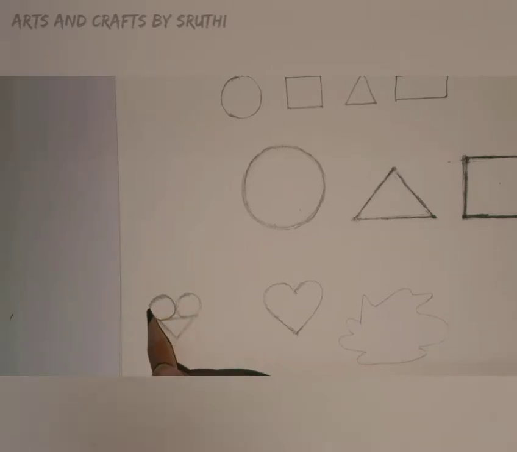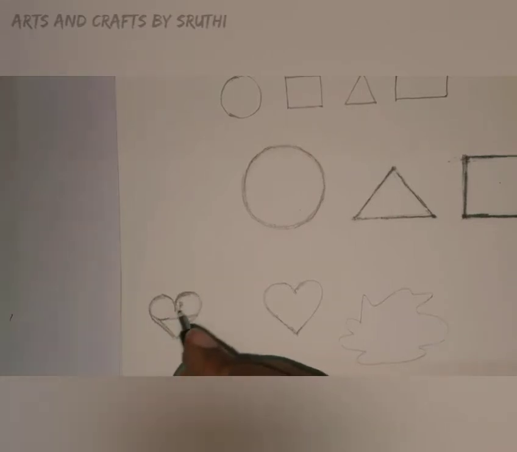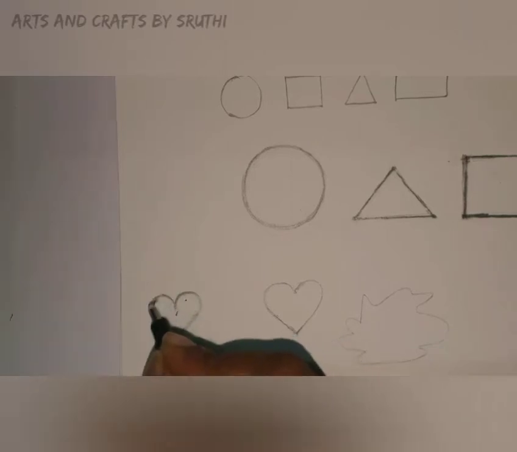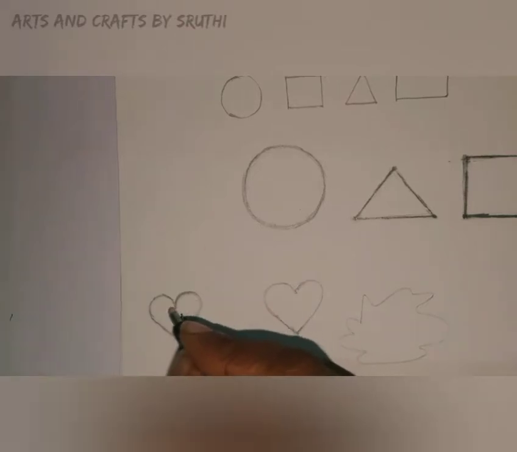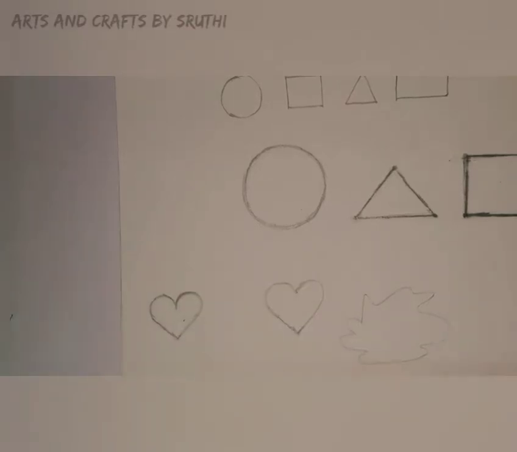When we break down this compound freeform shape into smaller shapes, we can draw the compound shape or freeform shape in a more perfect way. So you can see the difference now between when I use geometric shapes for drawing this heart and when I did the heart with freehand.